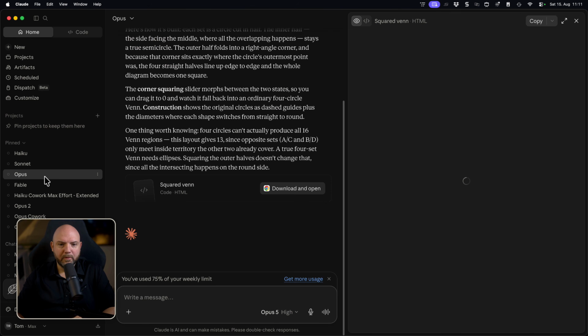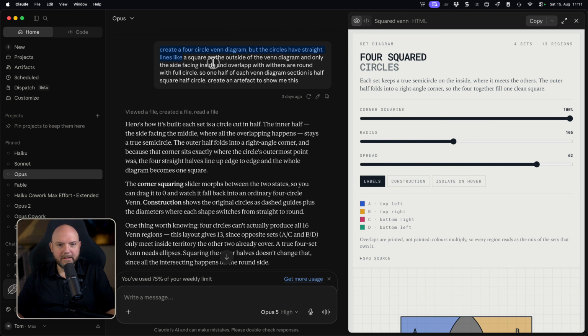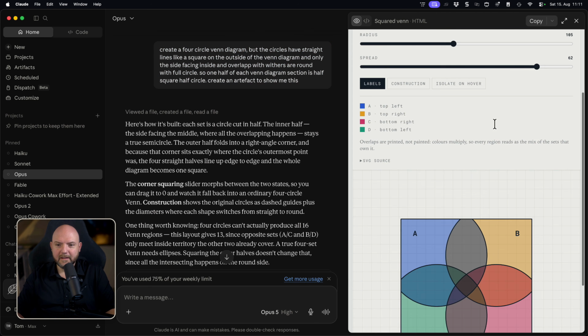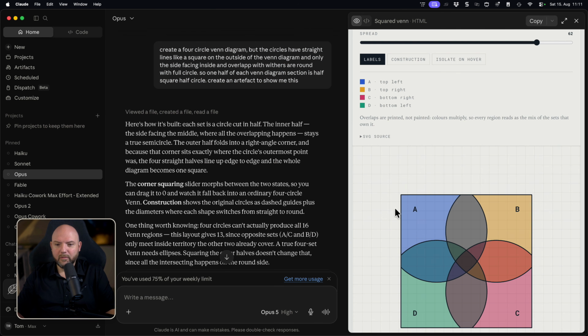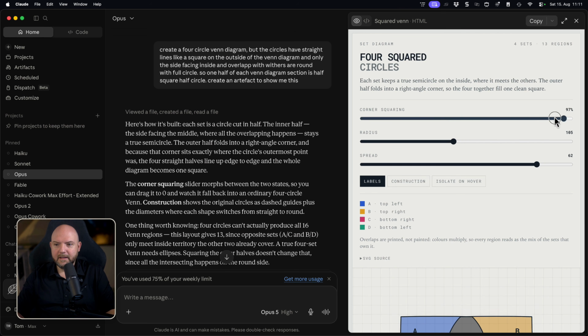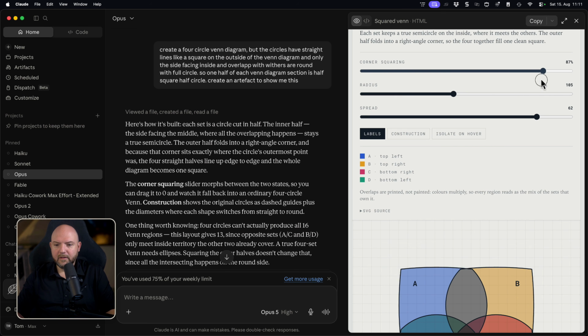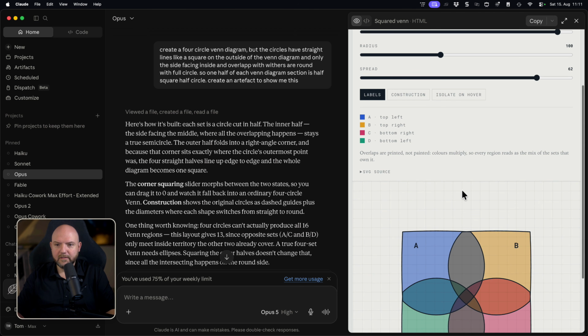And we go to Opus. This is what Opus comes up with. See, same prompt. And here I have a great interpretation of what I was looking for. And here I have now even sliders to change these things and the radius and the spread.